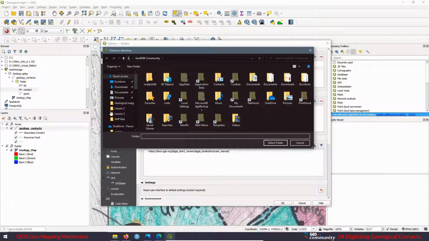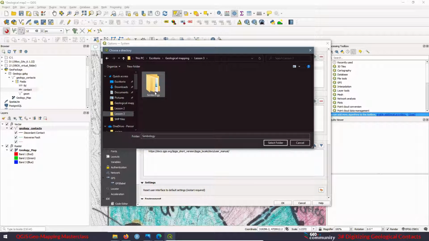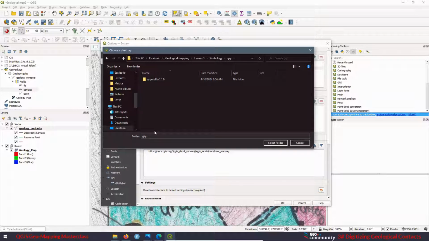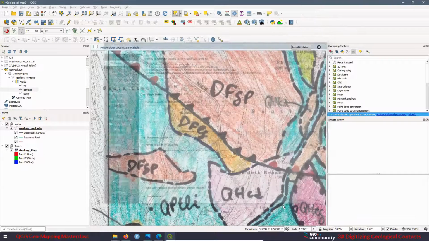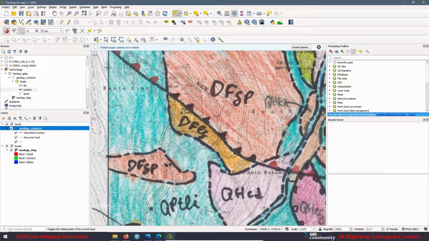Go here. Number 3. It's going to be this one, and it's this one. Is the one we have the SVG, okay? Select folder. And okay, we need to import new symbology to QGIS because the symbology that we have by default